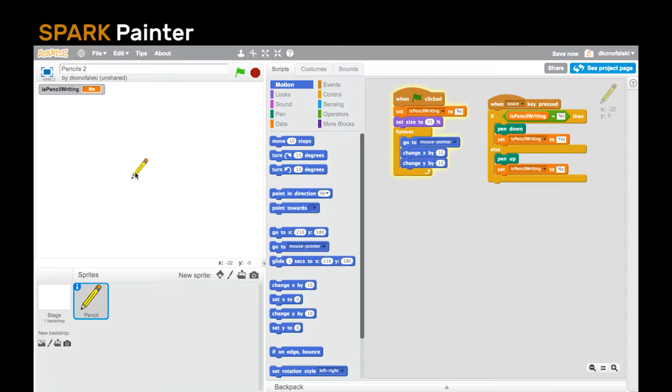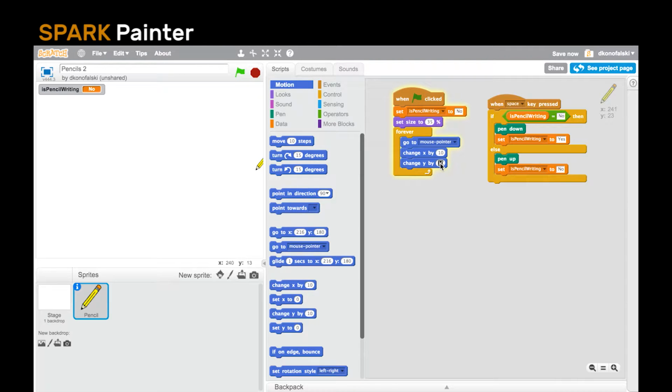X is left and right, and it starts off at negative 240 on the left and goes all the way up to positive 240. And Y is up and down. We start off with 180 at the top and negative 180 at the bottom. So if we want our pen to move up and to the right,